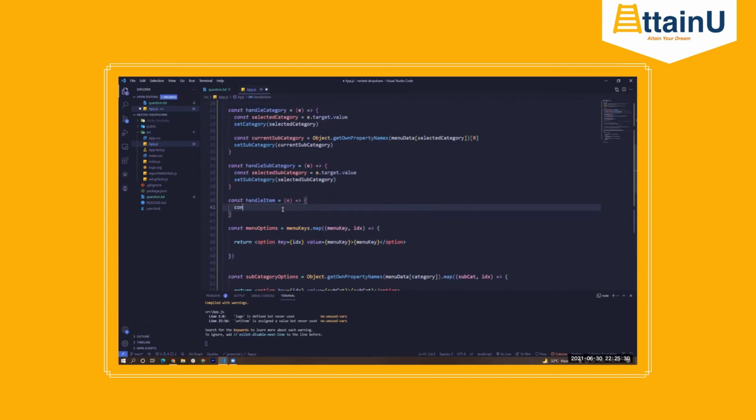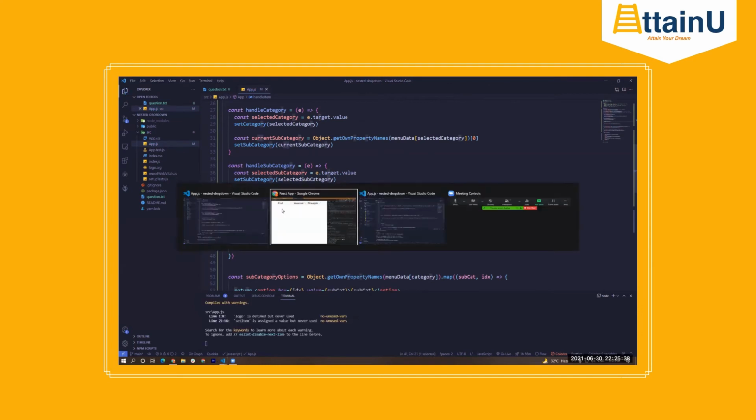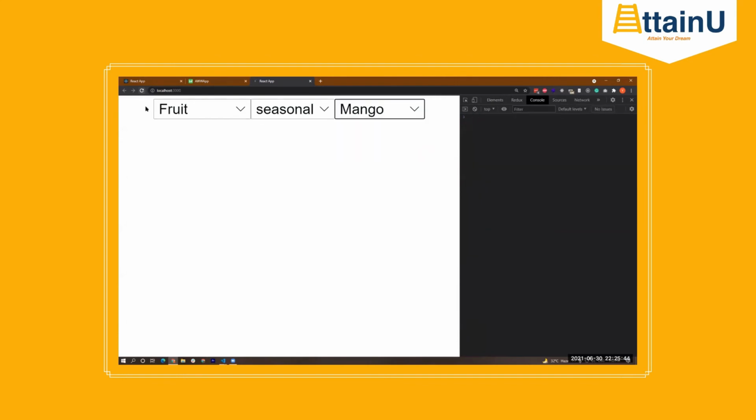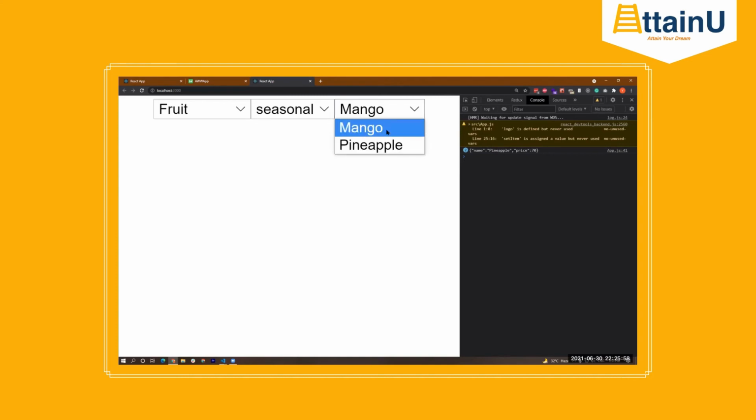So if we just console.log e.target.value currently, just for the sake of testing, if we change to mango, let me refresh. If we change to pineapple, see, this is coming as a string. Pineapple is selected, mango is selected. Now, we are not able to see that because we are not setting it currently. It is automatically being set as the current value, which is stored in the state itself. We are not changing the state of the third element right now. That is why it is not being reflected here.